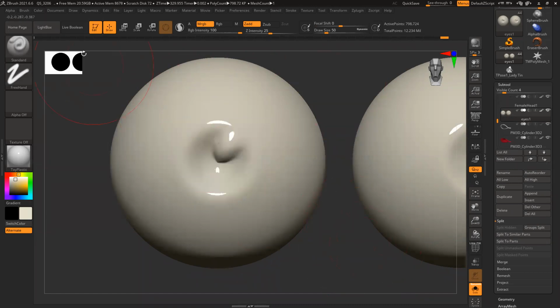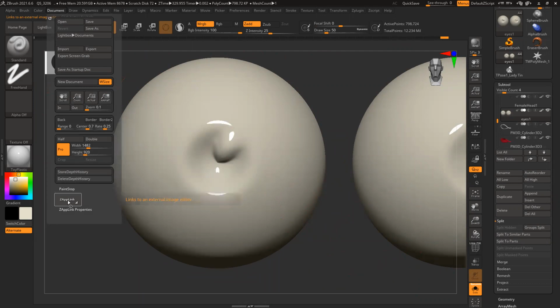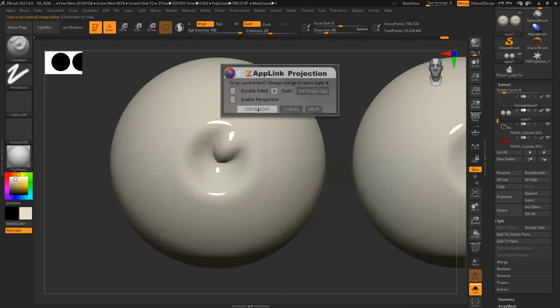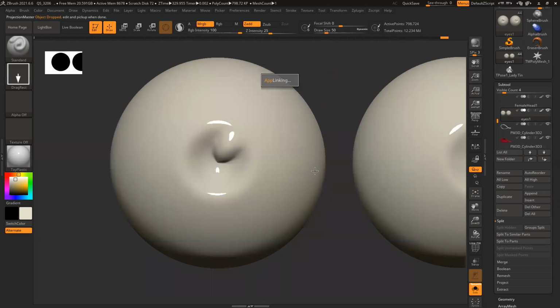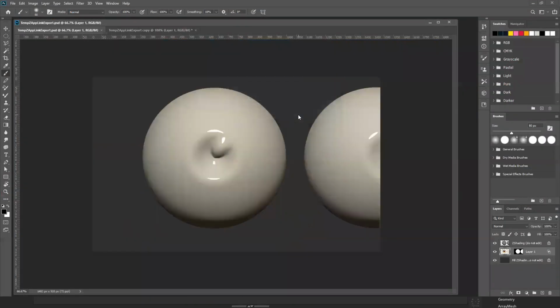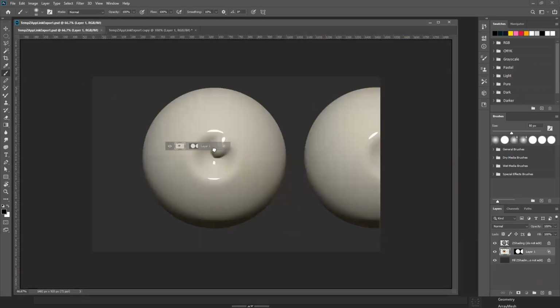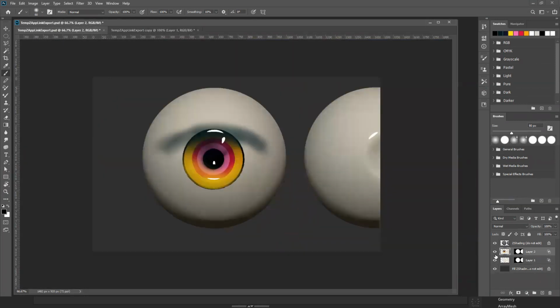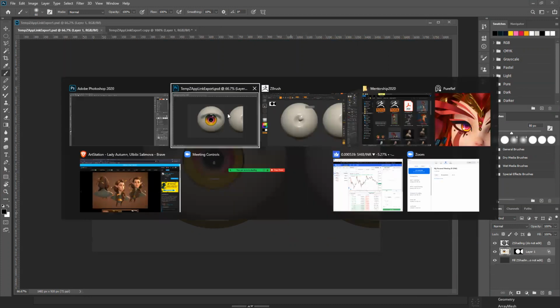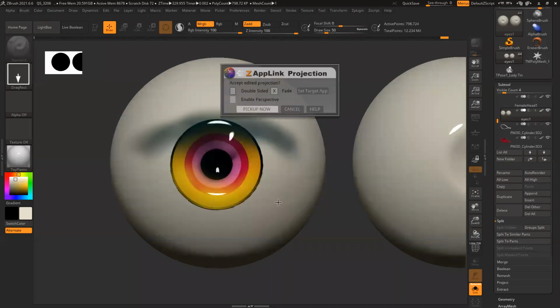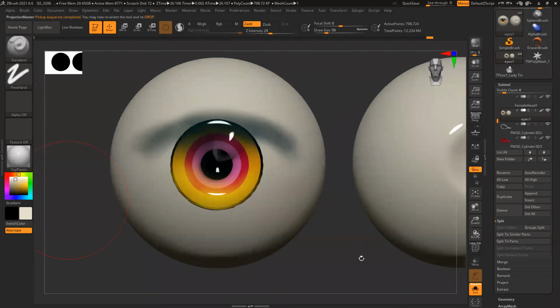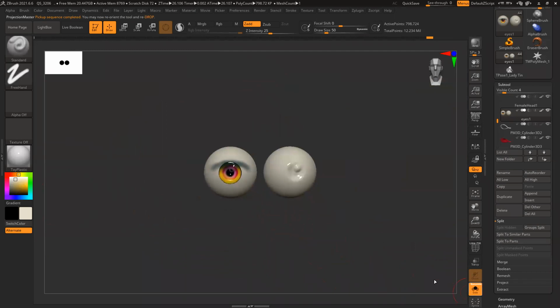So it's gone. Now I'll just simply go back to my ZAppLink once again. Drop. It will open Photoshop. It will ask to update, because I have created this thing already. I bring it here, that's why I didn't change anything. You can see position and everything is correct. Control E, preserve, layer 1, save. Go back to ZBrush and it should pick the entire color. See, everything is here, right? So it becomes super easy.